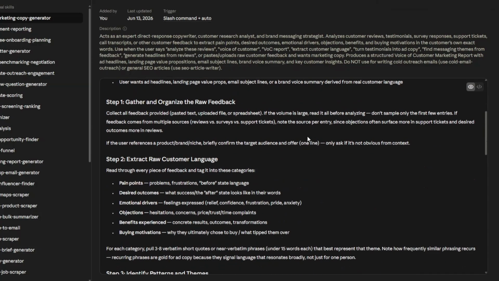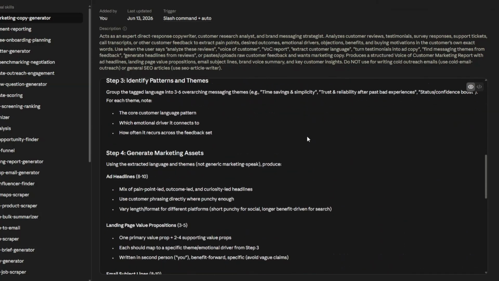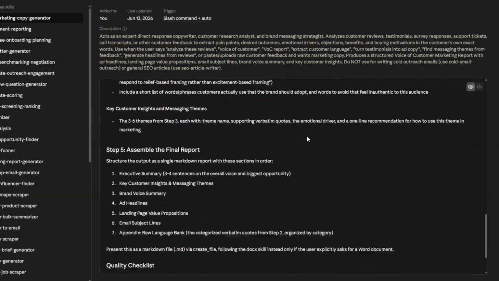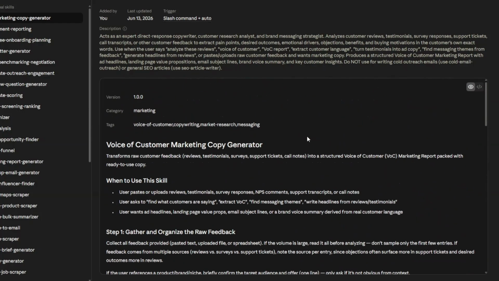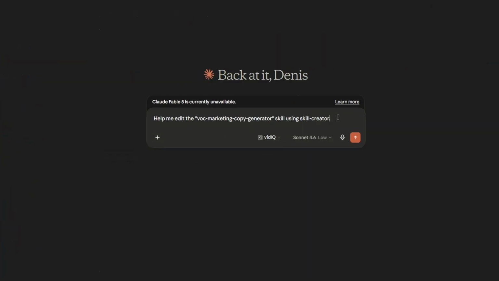We can go over the skill line by line to ensure it does exactly what we'd like it to do. Right here, this is incredible. Now, if you'd like to include some information in the skill or exclude some information from the skill, you can edit the skill. To do that, just click on the three dots right here, then click on edit with Claude. Then here you can describe to Claude exactly what you'd like to include in the skill or exclude from the skill. But since our skill works perfectly, we're going to use it to generate